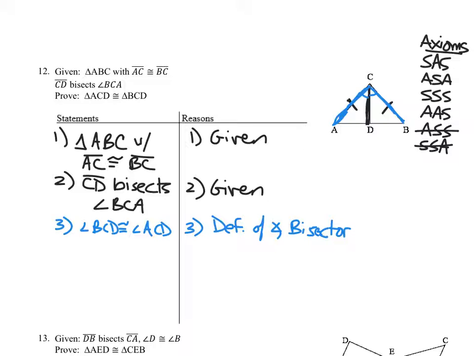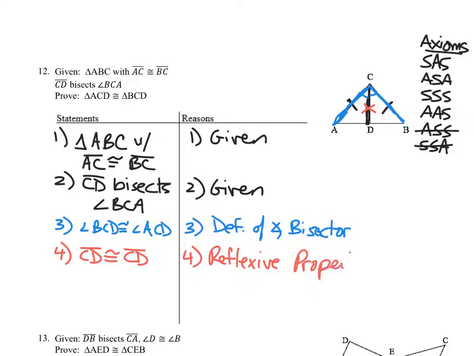But we do know that the reflexive property would allow CD to be congruent to itself. And then that would be all we need, because now I can go to my SAS axiom, because I have